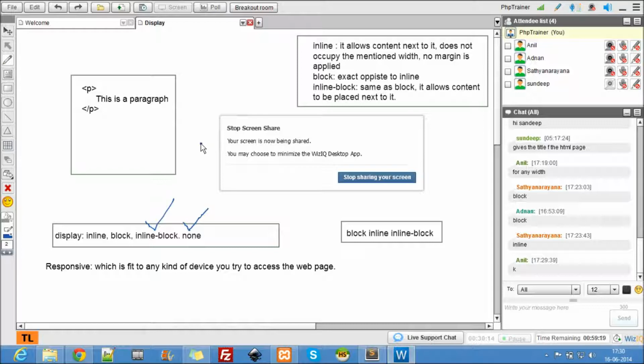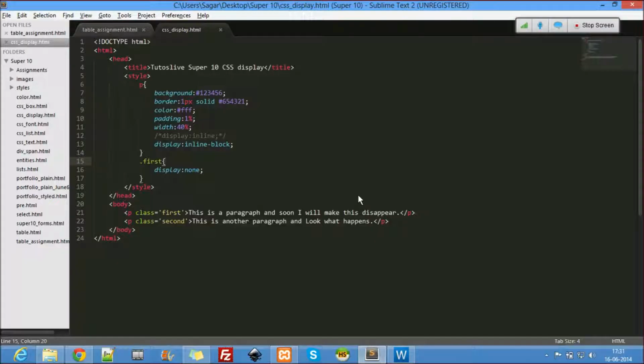But for now, think only about inline, block and none. These two are really important. You have seen the properties of inline and block. Let me show this inline. Let me use another paragraph here. The class is third.